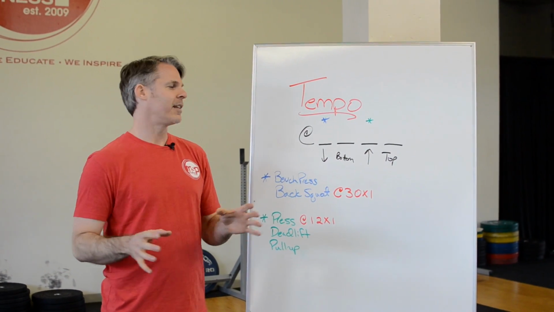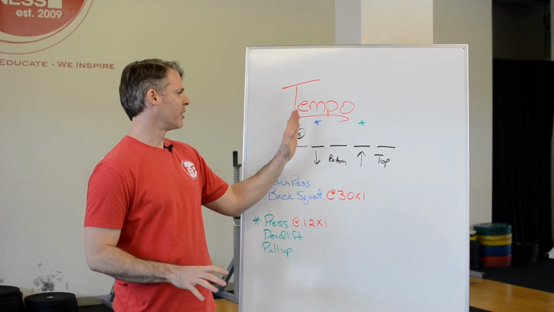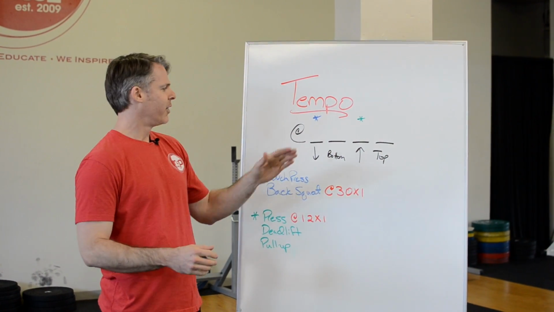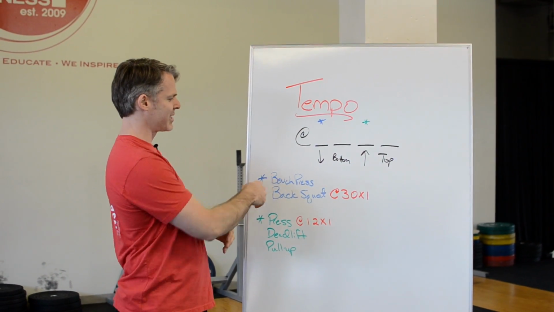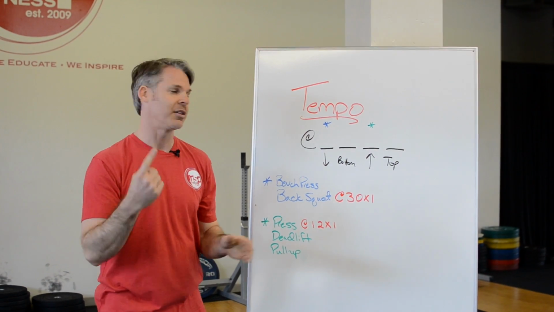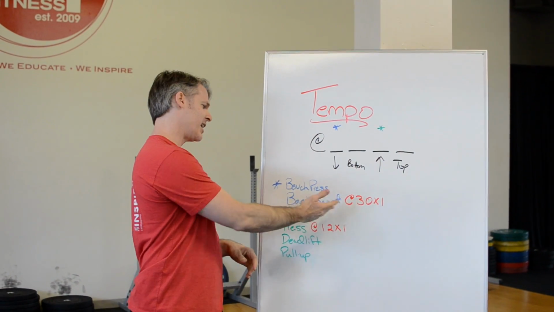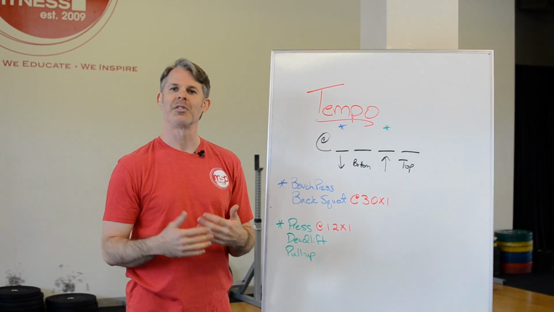One thing to understand is that there's going to be 2 families of lifts that will either start in the first or the third phase. The first phase being that eccentric portion of the lowering. We can look at, for instance, a bench press that will start from the rack position as you lower the weight to yourself, being the first action. Or in this case, I'm using a back squat, but any squatting will start again at that first or eccentric